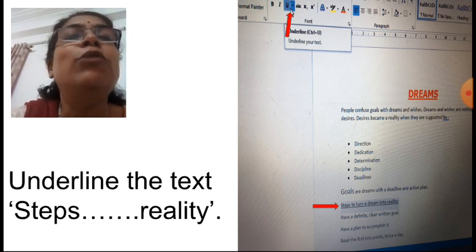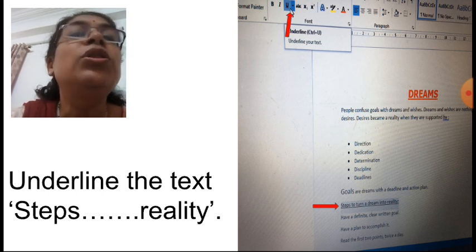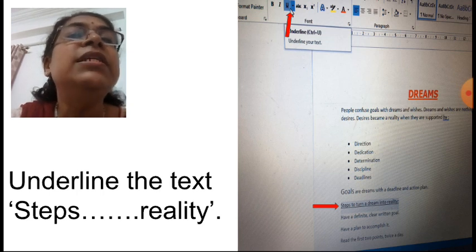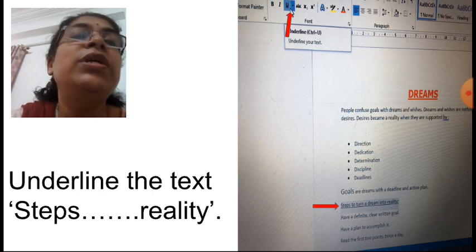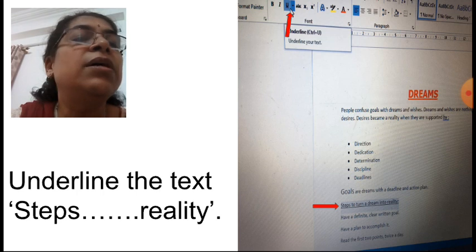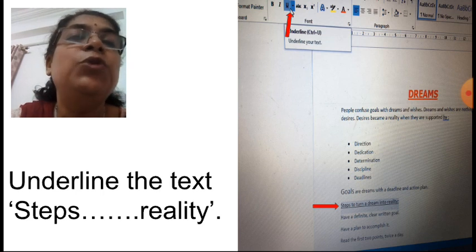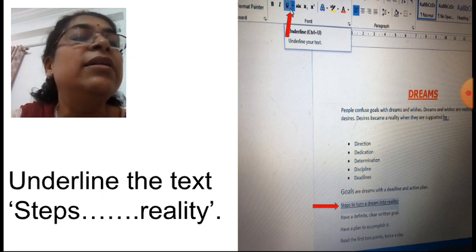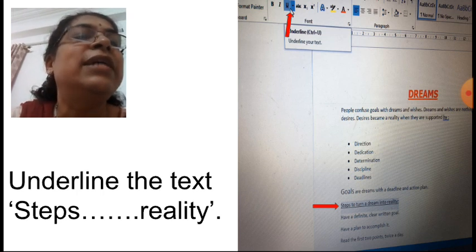Again, this underline option is available in the Home tab, font group, which is shown here on the top of the screen on the ribbon with the red arrow. Can you see this? Yes.